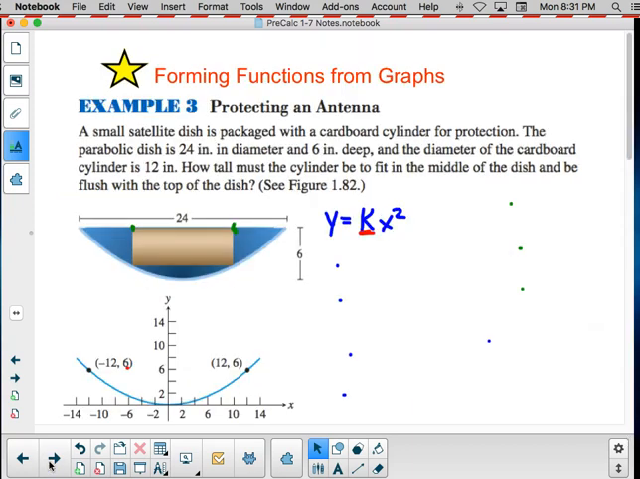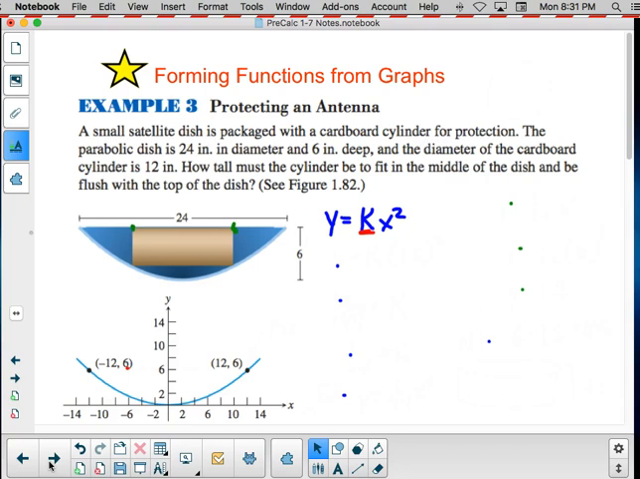Now, in my next one, forming functions from graphs. Protecting an antenna. A small satellite dish is packaged with a cardboard cylinder for protection. The parabolic dish is 24 inches in diameter and 6 inches deep. Okay, and the diameter of the cardboard cylinder is 12 inches. So how tall must the cylinder be to fit in the middle of the dish and be flush with the